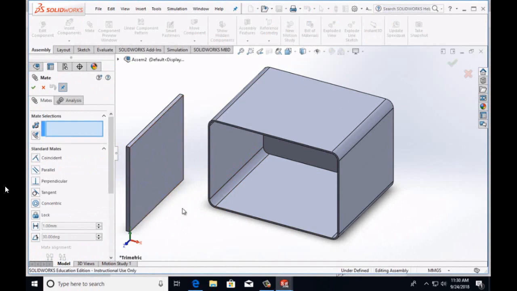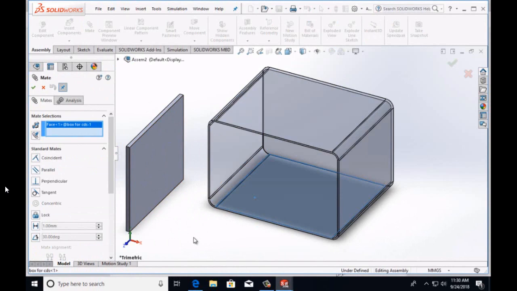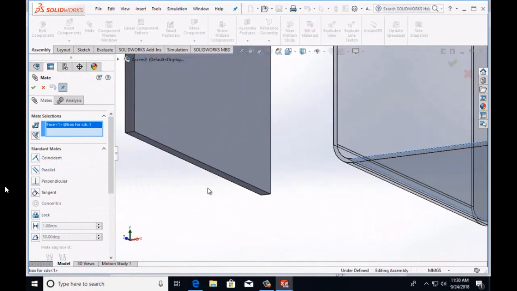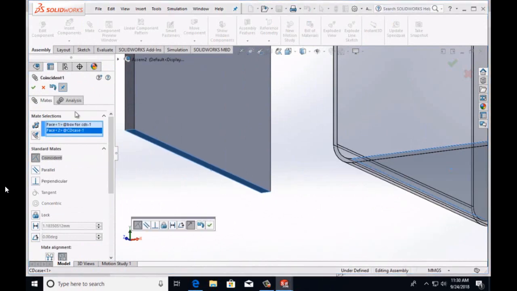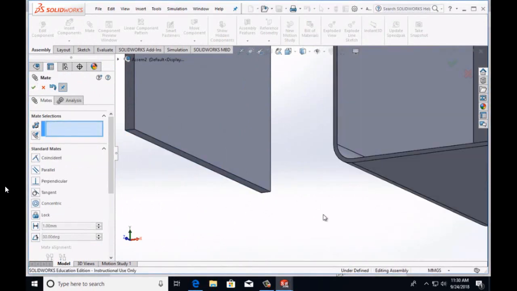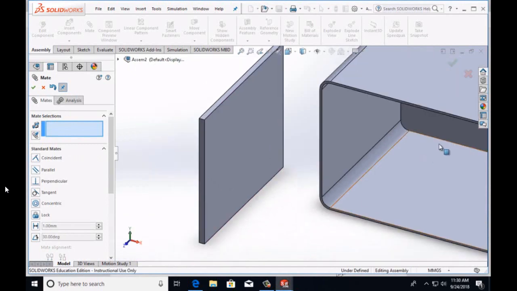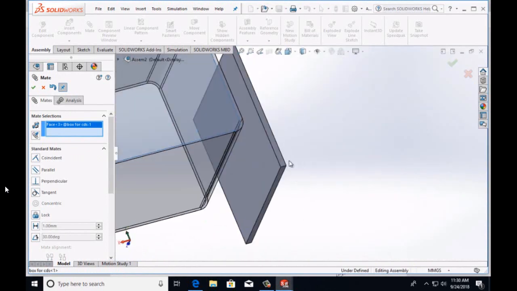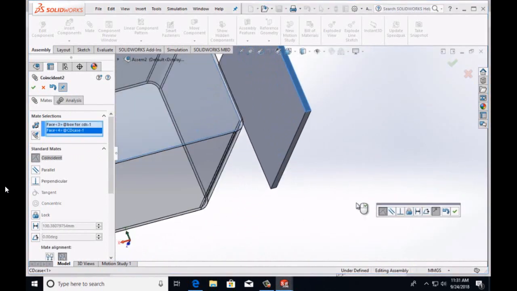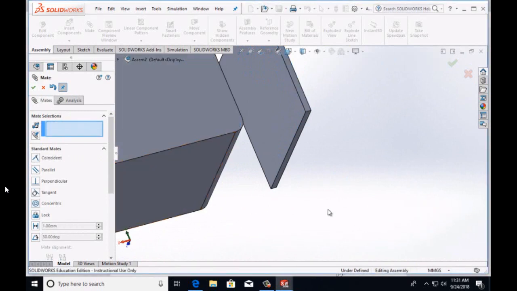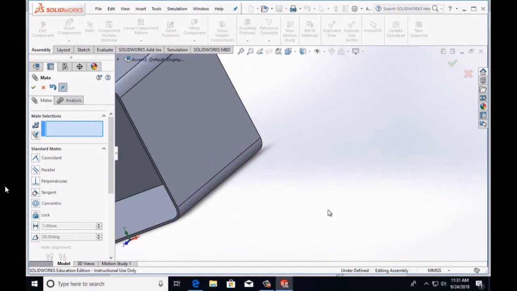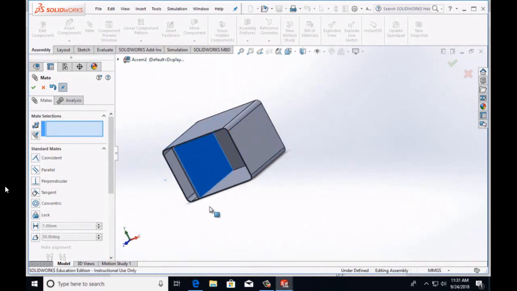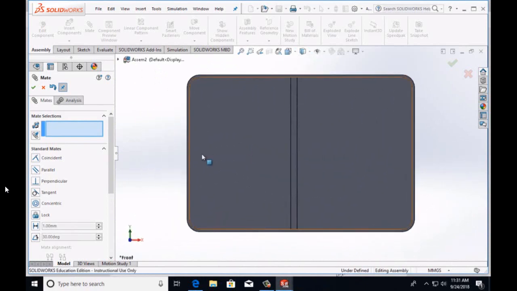So I'm going to hit mate, and when I mate, I'm going to click the bottom of the box with, I'll zoom in here, the bottom of the CD. So that's mated together. And then I'm going to pick the back of the box with the back of the CD case and hit OK there. Oops, zoom out a little bit. So I can still slide this back and forth. I'll put this right in the middle, and I will put this on a front view,